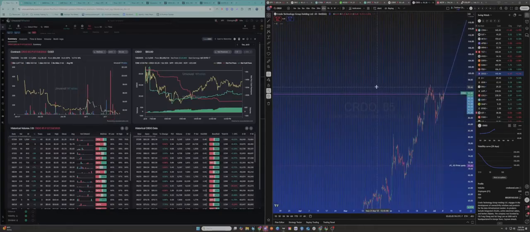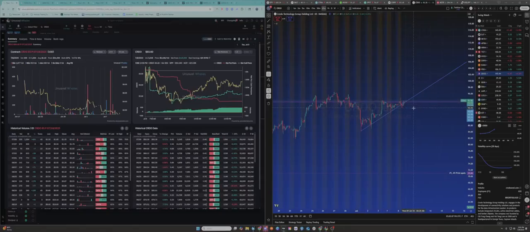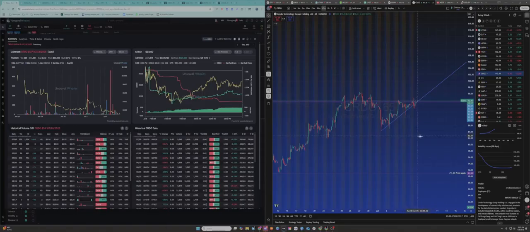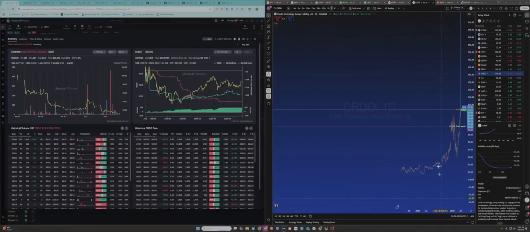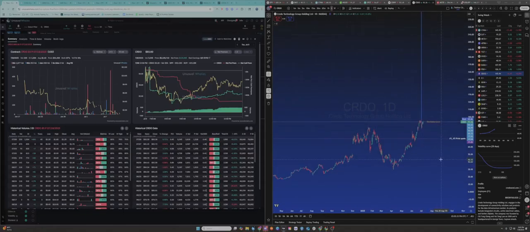If that does not dip, and this does have a little bit of an inverse head and shoulders look here, the measured move, if this makes a breakout over 96 with that inverse head and shoulders, we'd be looking for a measured move of 96 to 84, so 12, so $108 would be the target on that. This thing's above all-time high, so it doesn't really have anything other than a fib extension that we can draw. So that would be another one to look at.